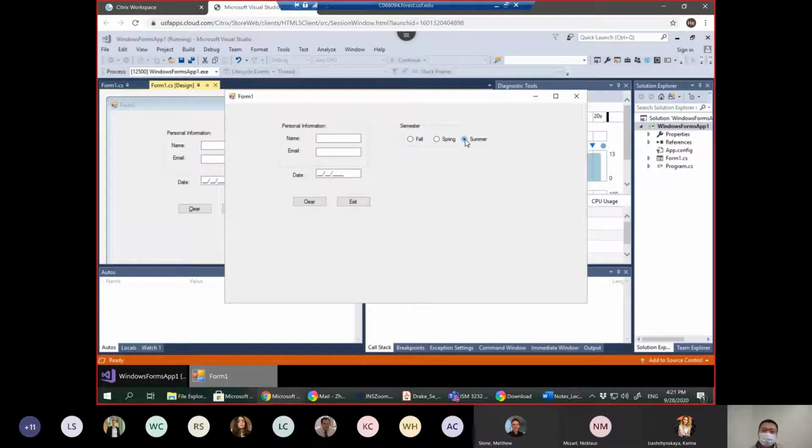I select summer, right? So the selection is changed from spring to summer. I select fall, it goes back. You see, only one can be selected. It works well. The reason why only one can be selected is because the three are in one group